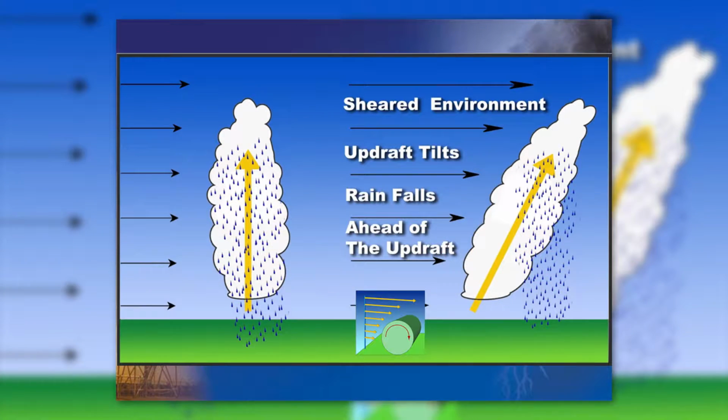By wind shear, what we're referring to is this. As you take a look at the diagram on the left-hand side, you see this thunder shower updraft. The yellow arrow indicates the updraft. The rainfall you can see is falling there. The black arrows on the left side are a representation of the atmosphere's wind profile from ground level to high altitudes of the storm. Each one of those arrows' length is a measure of the strength of the wind,